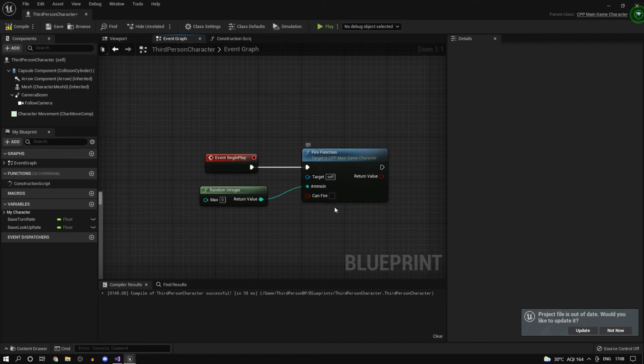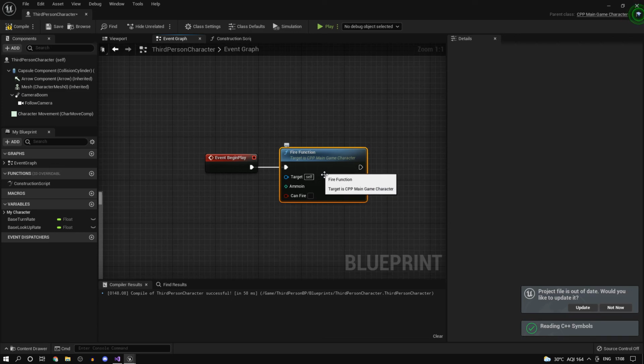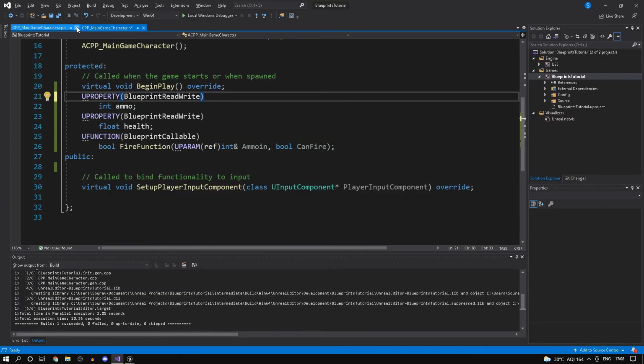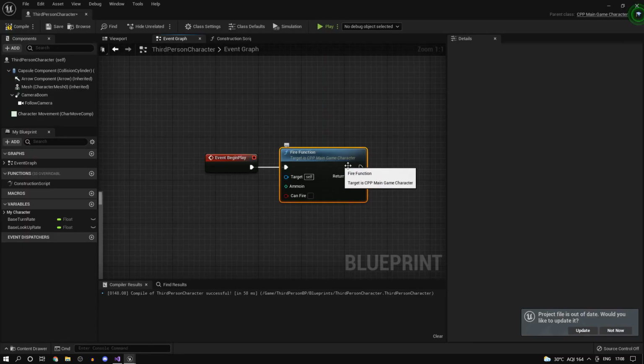And again, this was passed by value, so I don't need to actually hook up anything, so I can just check or uncheck that. So this is basically how you expose your C++ functions into blueprints and any and all logic that you'll have. You can just double click on that to actually open that function in Visual Studio. Any and all logic that you have over here will be called when you call this fire function. So that's it for this video, guys.